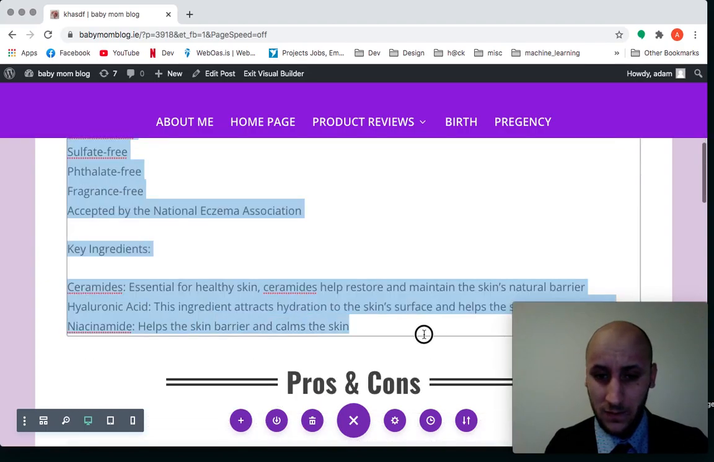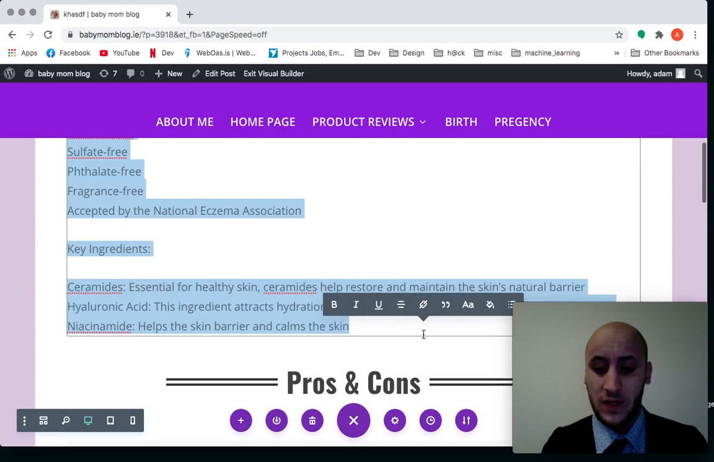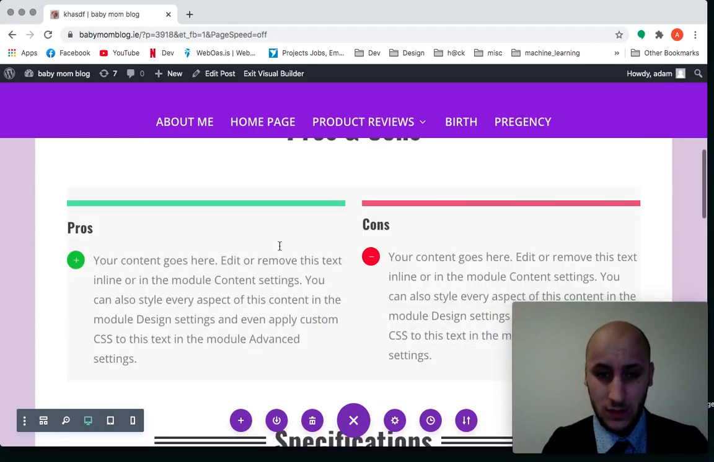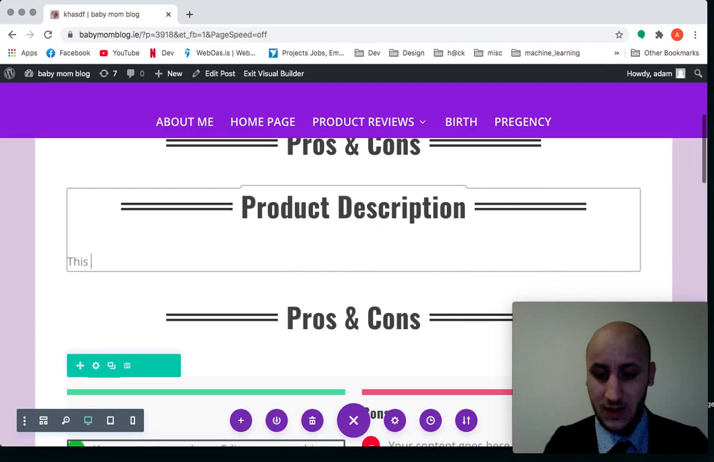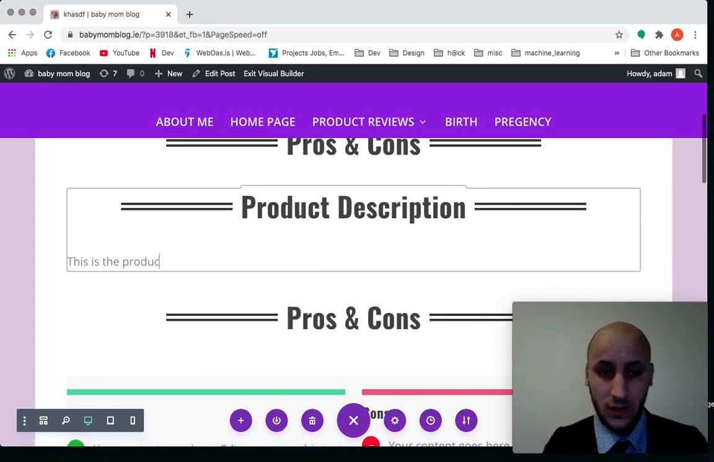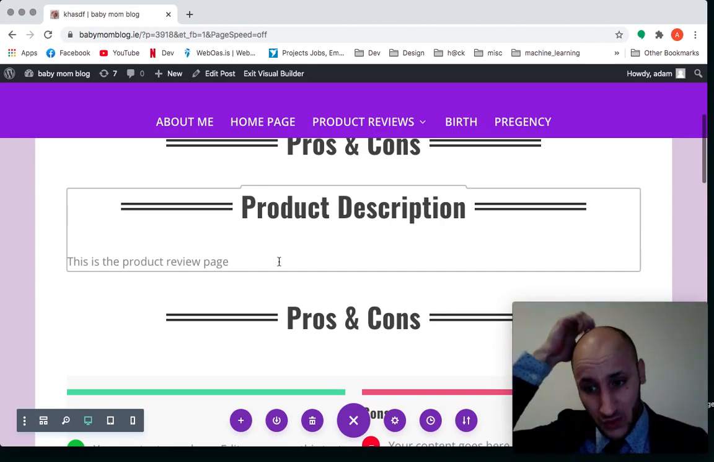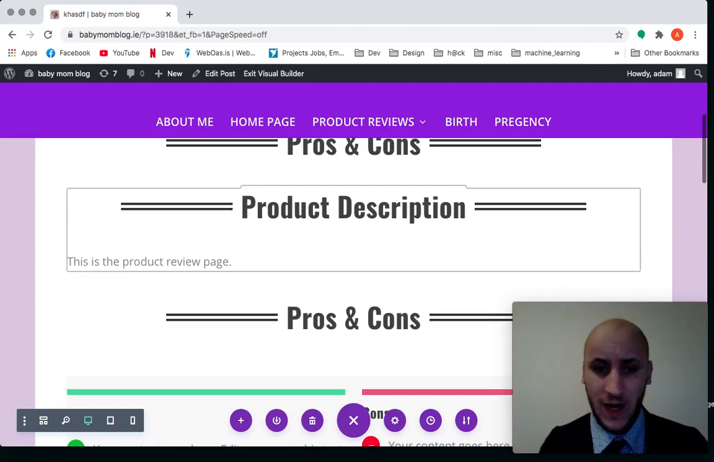Scroll down, remove all this text, and replace it with this. Oh, let me scroll up so you can see. This is the product review page. That's how you would change the product description. We can also add links. So if I just say link here, and we